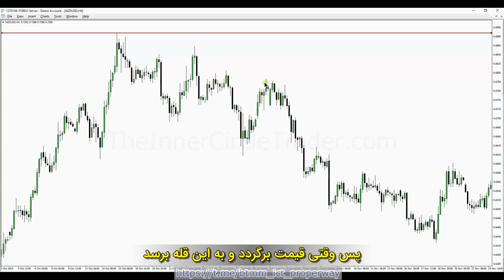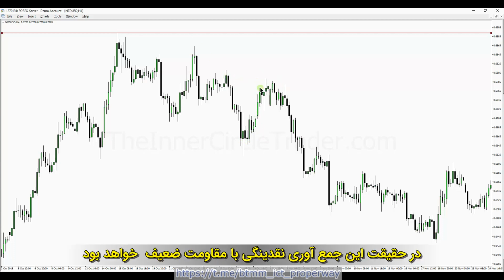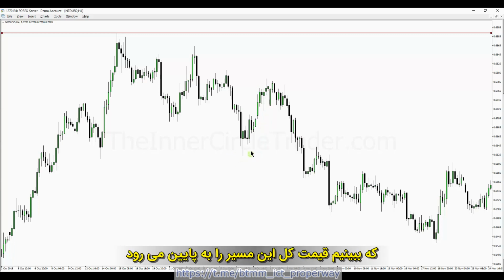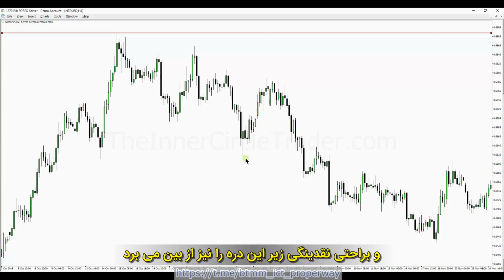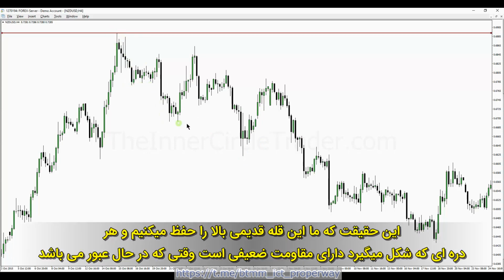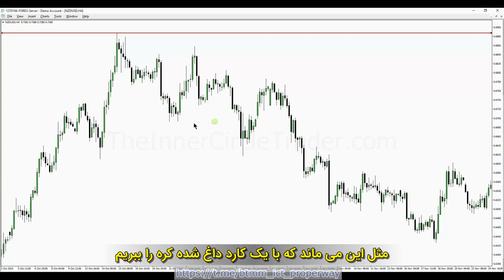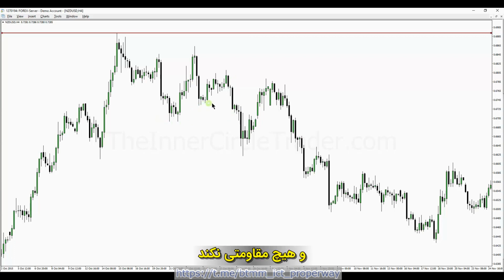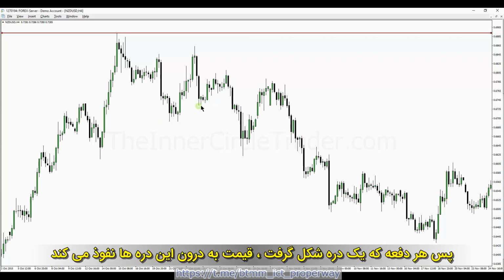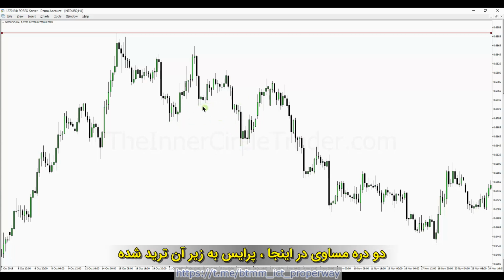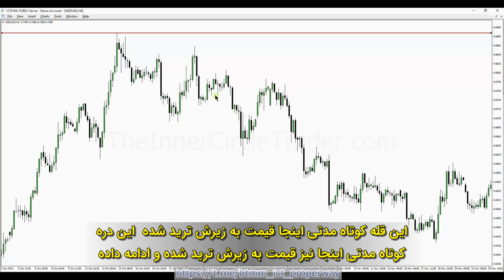So when price goes back up into this high, this actually becomes a low resistance liquidity run to see price come all the way back down to take out this low here. The fact that we keep this old high in place and every low that forms has very little resistance, each time it goes through, it's like a hot knife through butter. Very little resistance. Every time a low is formed, price goes through those lows. These equal lows here, price trades through those. This short-term low here, price trades through it. These short-term lows here, price trades through it.